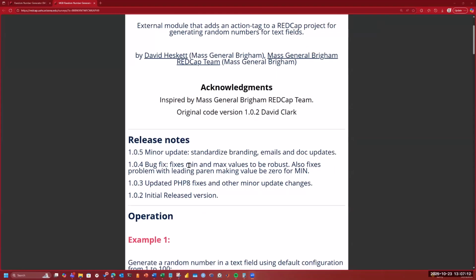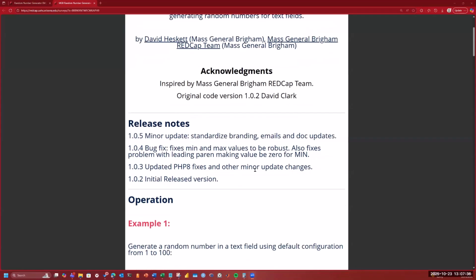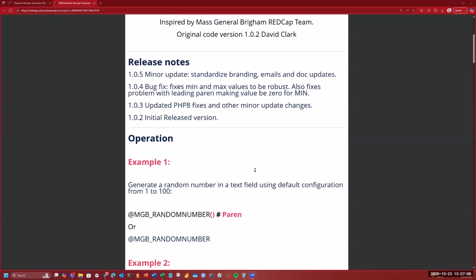Some release notes. We have the most recent, actually, so we have minor updates. It wasn't necessarily any type of large updates other than in version 1.0.4 and 3. And for our operation,